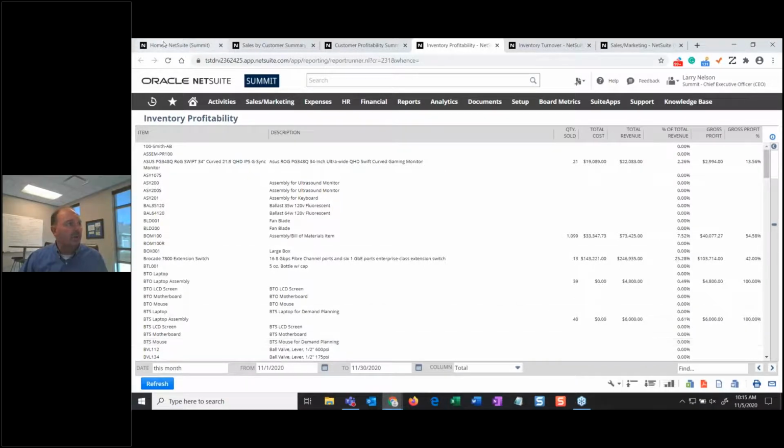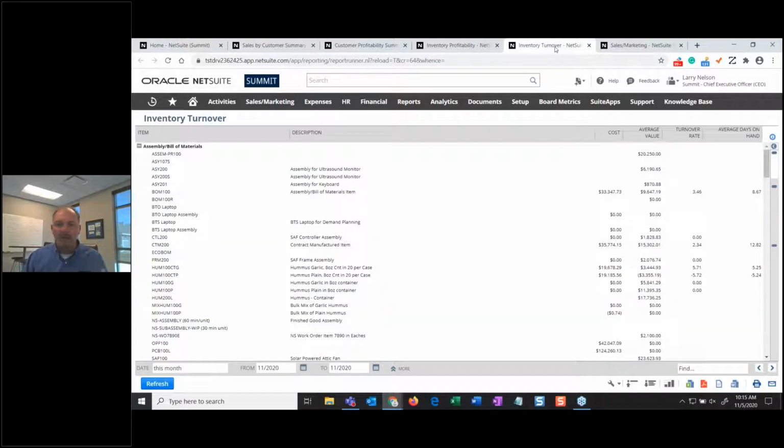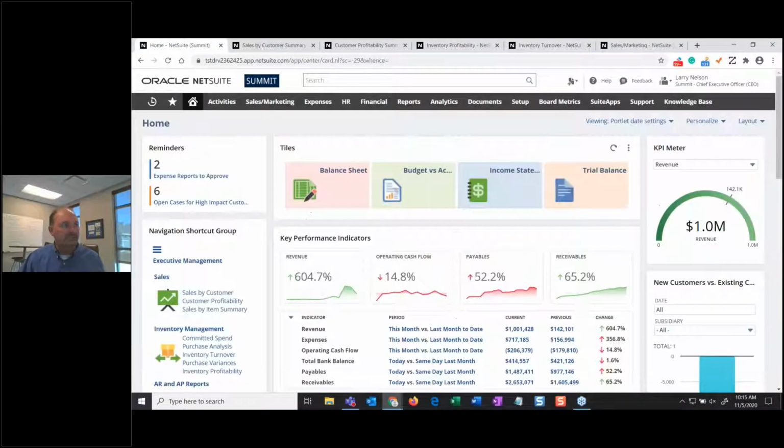Another key measurement for an inventory-based company is turnover, right? So how is my inventory turning over? Do I have inventory that's stagnant, that's been sitting around a long time? At that point, maybe I need to do a promotion or some sort of special ad to get that inventory out and get more heavily higher moving inventory in. So again, lots of unique things and just canned reports that come out of the box that can help